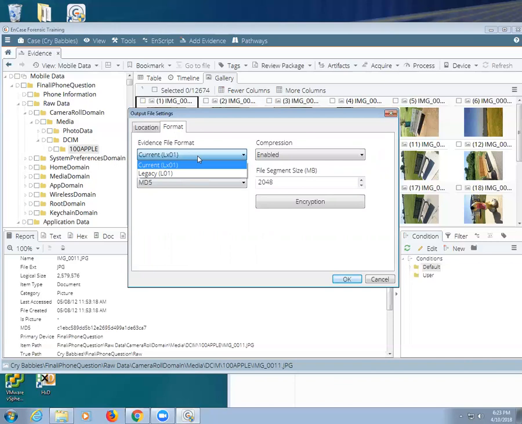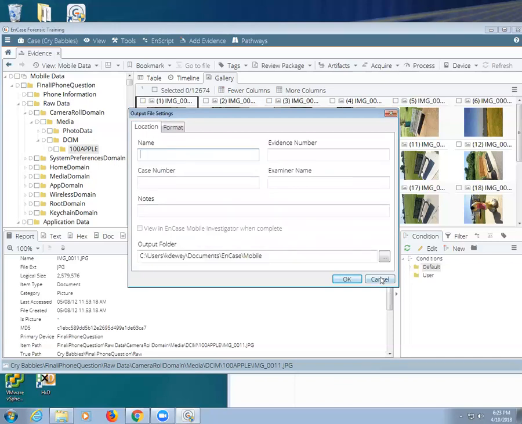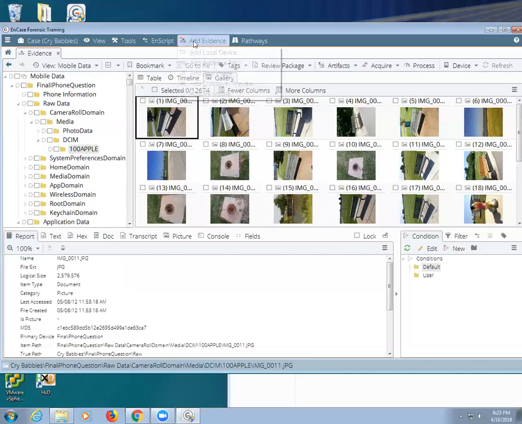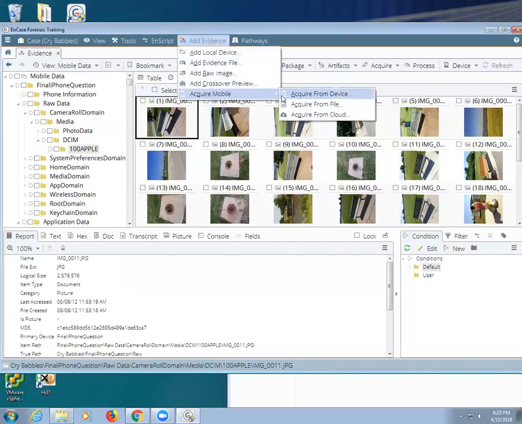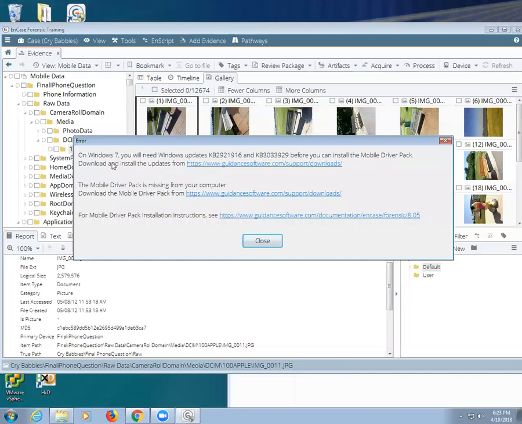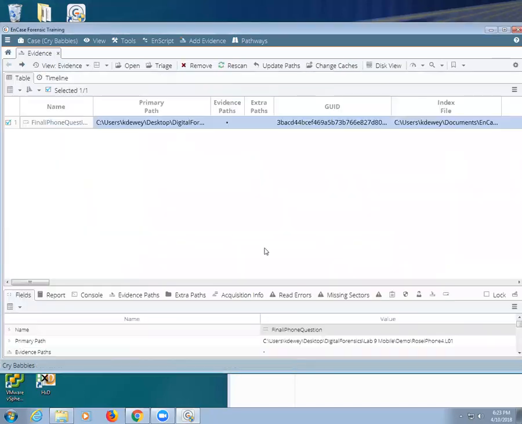Format, current. Let's do acquire mobile, from device. Oh, I've got to install this. I don't have all the drivers installed on this one either, so that could be why. I don't know, but try it.